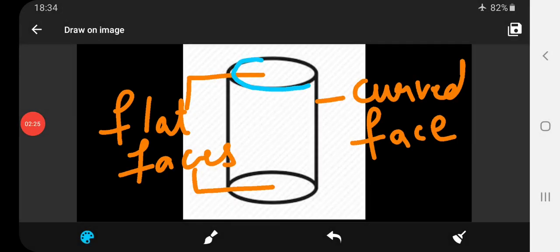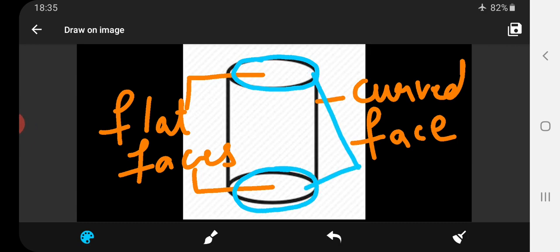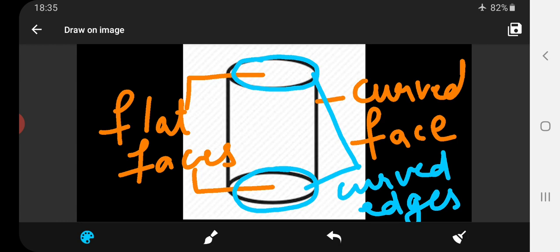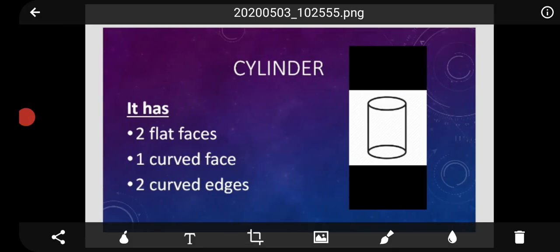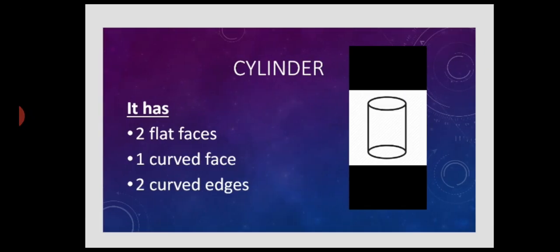Here you can see these two edges, which are called curved edges. So now we can easily guess the properties of a cylinder. A cylinder has 2 flat faces, 1 curved face and 2 curved edges.